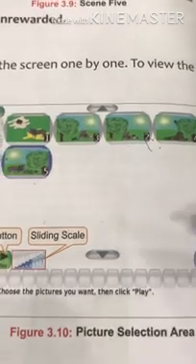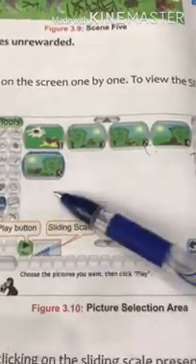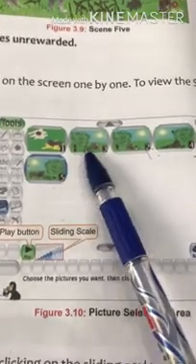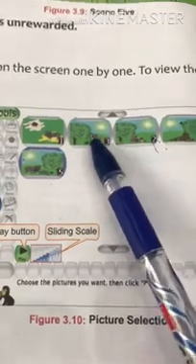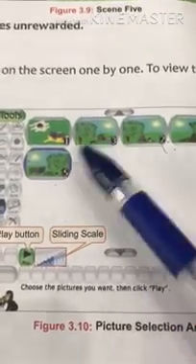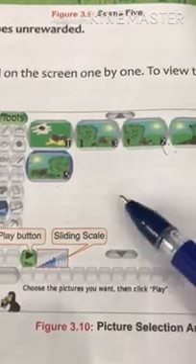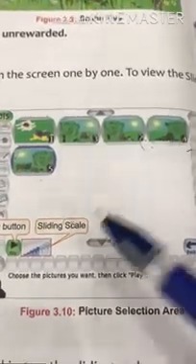Now you can also deselect and select the image by simply clicking on it. If you want to remove this slide, just click on it and this picture is removed from the slideshow and the rest of the pictures will be renumbered again.